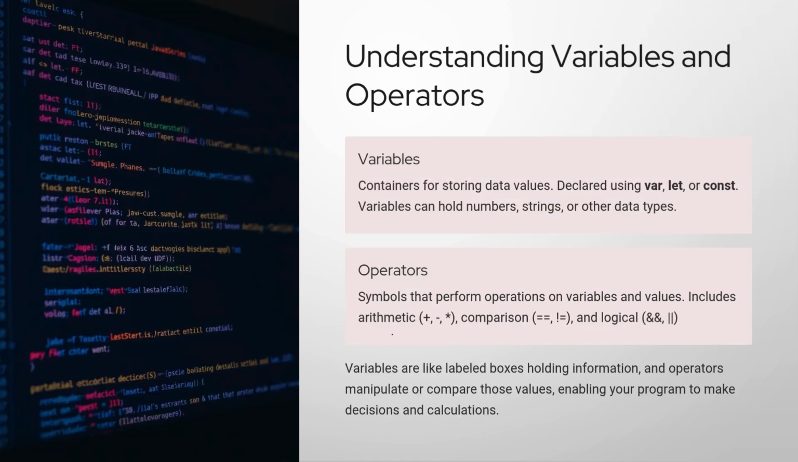Understanding variables and operators. Variables are containers for storing data values, declared using var, let, or const. Variables can hold numbers, strings, or other data types. Operators are symbols that perform operations on variables and values, and include arithmetic, comparison, and logical operators. Variables are like labeled boxes holding information, and operators manipulate or compare those values, enabling your program to make decisions